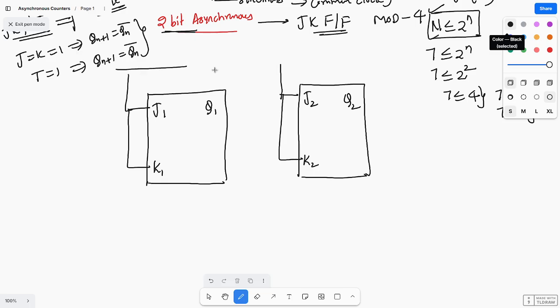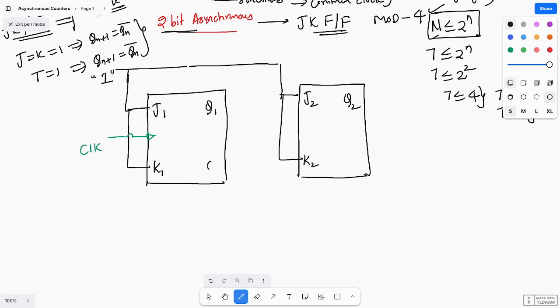These are both connected to what? 1. J1 equal to 1, K1 equal to 1, connected to logic 1. So these two are operating in which state? Toggle state. Next, suppose you are giving passage of clock. This is the clock, this is the clock, and when you give passage of clock,